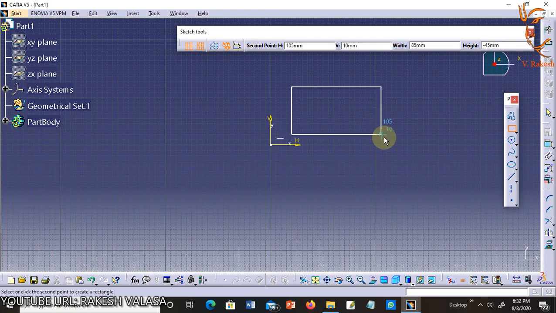Next, you are prompted to specify the second point. Move the cursor away from the first point. You will notice that the preview of the rectangle is displayed. As you move the cursor in the geometry area, click to specify the diagonally opposite corner of the rectangle.